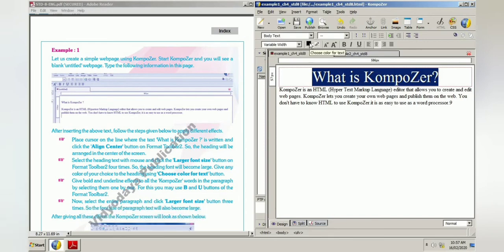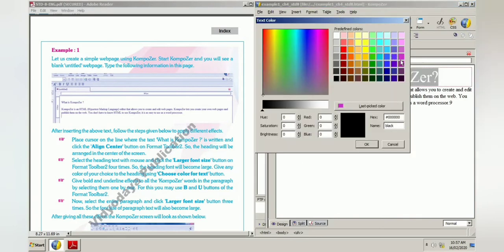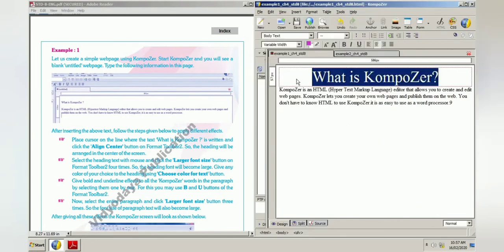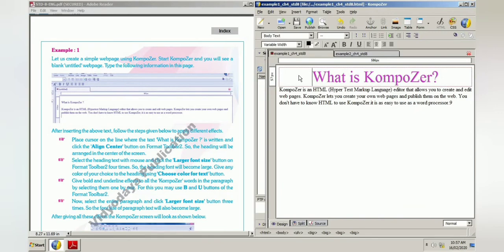The first one is for the text color and the next one is for the background color. So here we will click and choose our color according to your wish. To see that, you just remove the selection. Then give bold and underline effects to all the composer words in the paragraph by selecting them one by